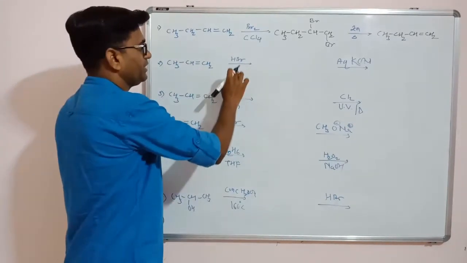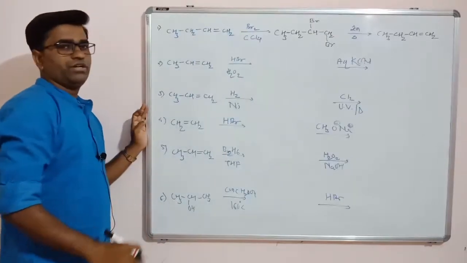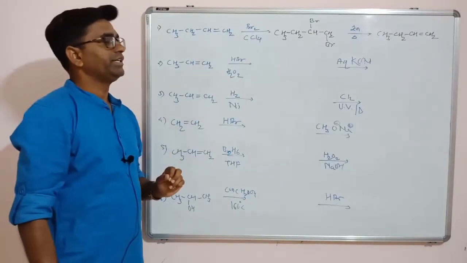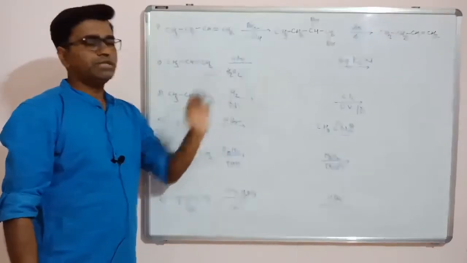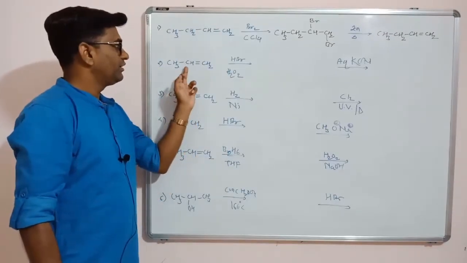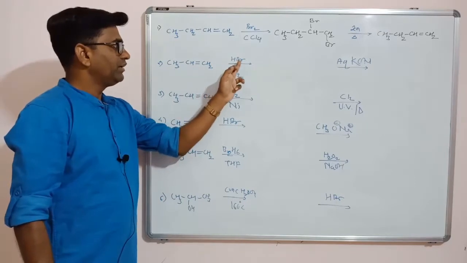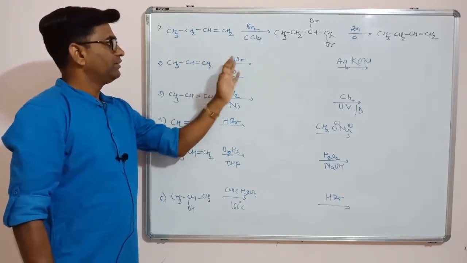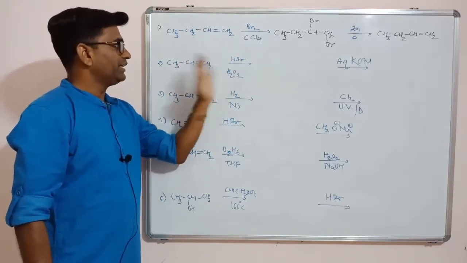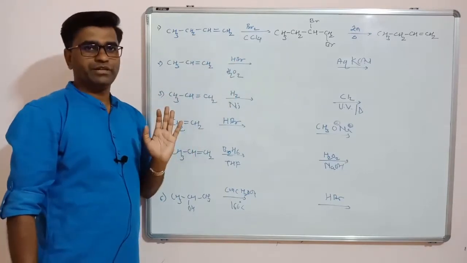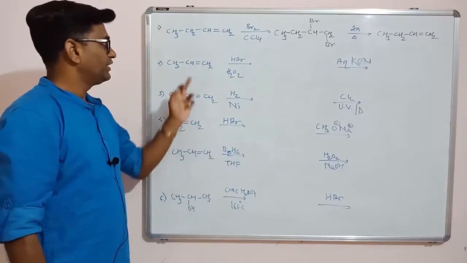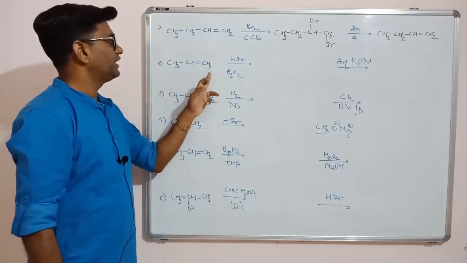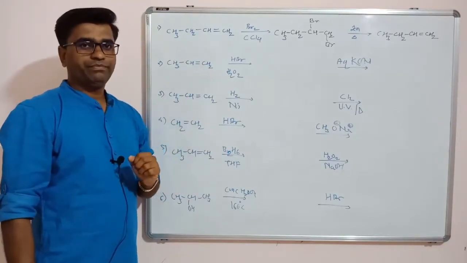Again there is HBr and H2O2. So this is again an addition type of reaction. Addition of HBr. So the double bond will become a single bond and each carbon will get one part of the reagent. One carbon will get H while the second carbon will get Br. Now which carbon will get Br and which carbon will get H? There are two types of carbons. One is secondary, one is primary.